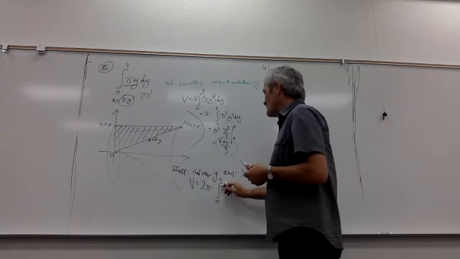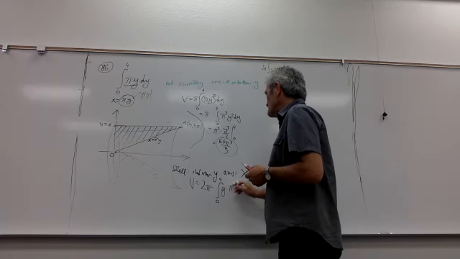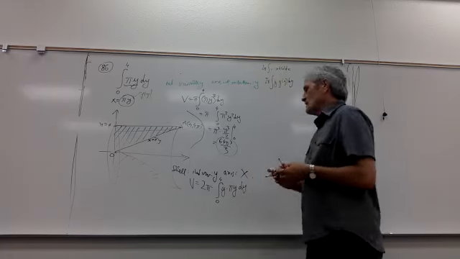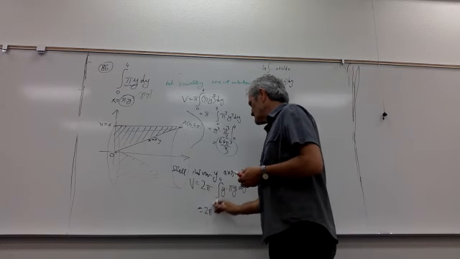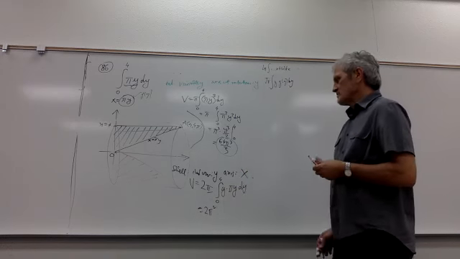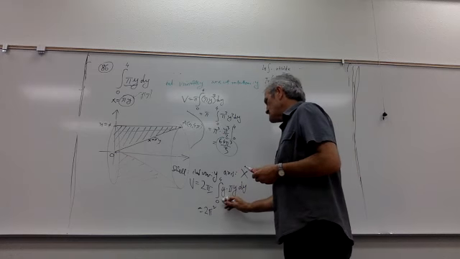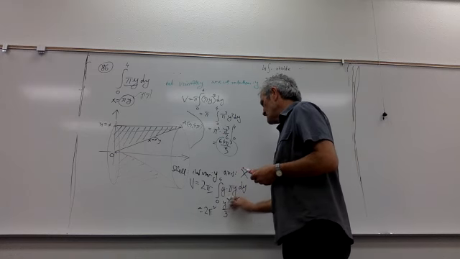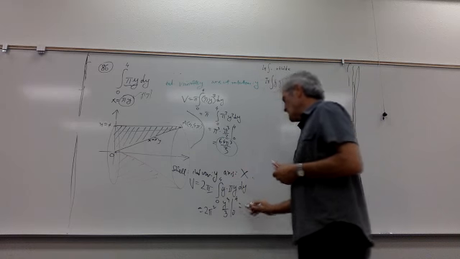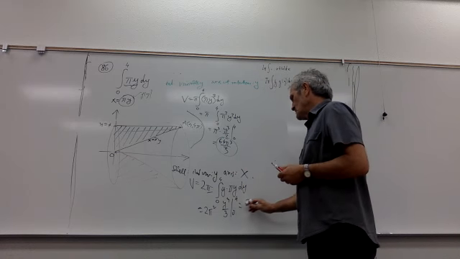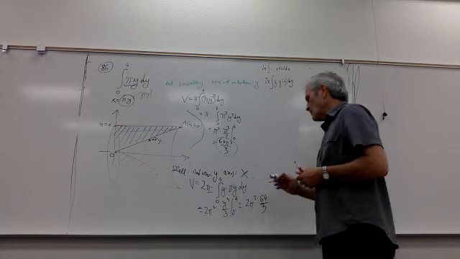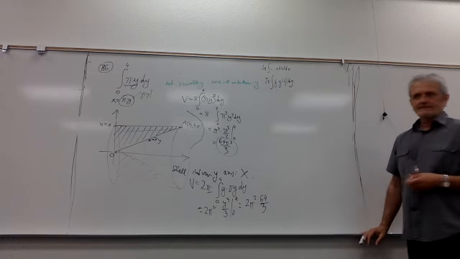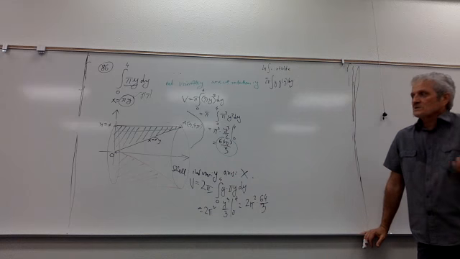You get y. G of y is pi y dy. That's it. So what would that be? 2 pi squared, because this pi and this pi gives pi squared. The integral of y squared is y cubed over 3, 0 and 4. And you get what? 2 pi squared times 64 over 3. That's it. So it is straightforward.